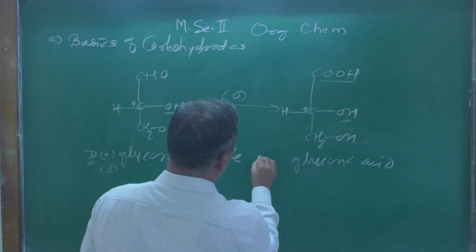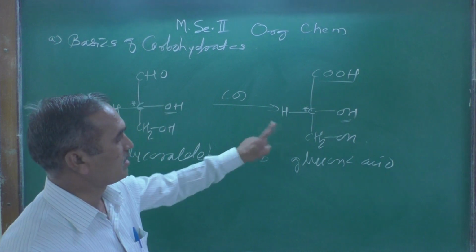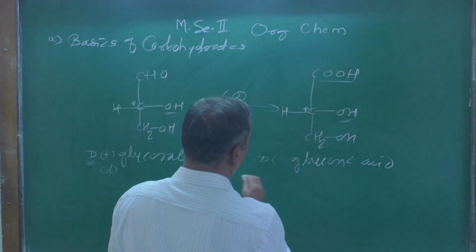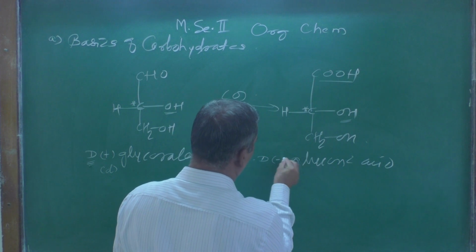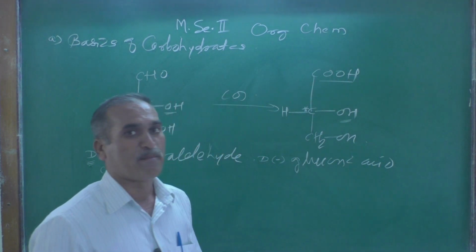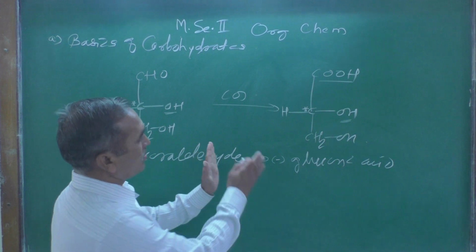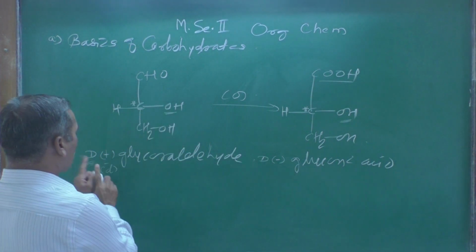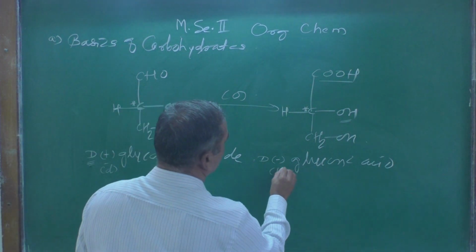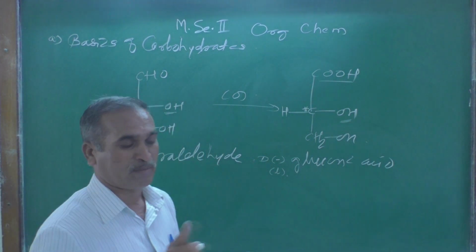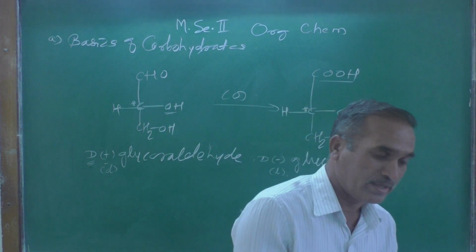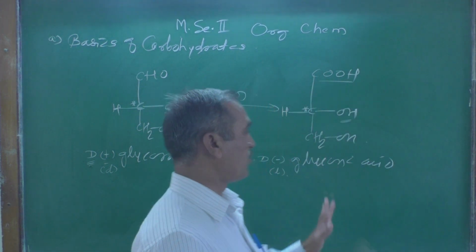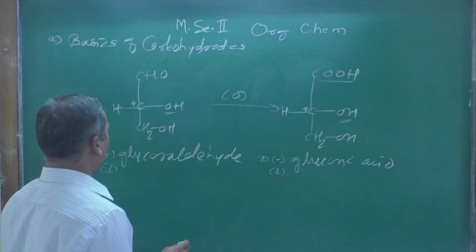What type of glyceric acid? It is D-glyceric acid, and if you measure its optical activity, it is found to be minus. Remember this D, here is a minus, here is a plus, because these plus are sometimes referred to or denoted by small l. Capital L and small l, they are different.